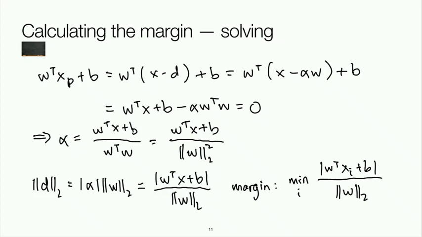Okay, now let's keep going. Now that we know a formula for calculating the margin, the minimum distance from the hyperplane to any of my points, we can actually formulate our optimization. Remember the SVM optimization problem. We can write it as follows. We're trying to find the W and the B that maximize my margin, maximize the closest distance to any points,